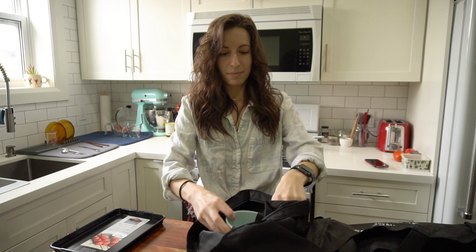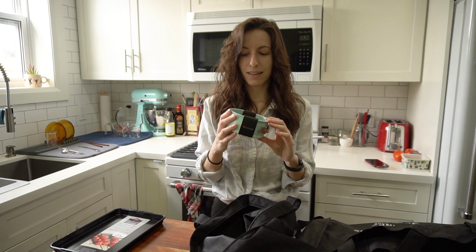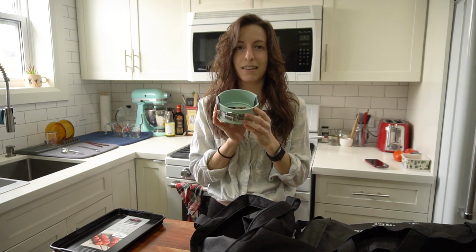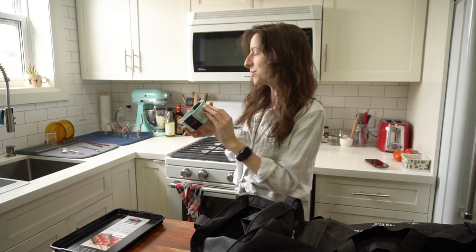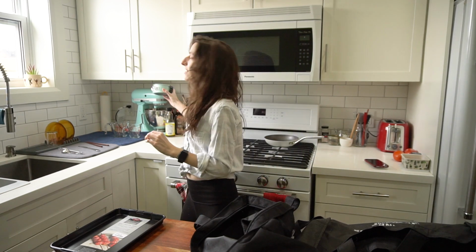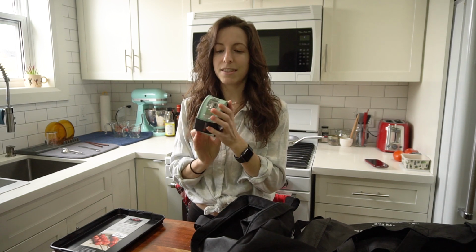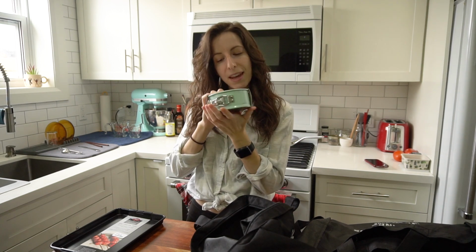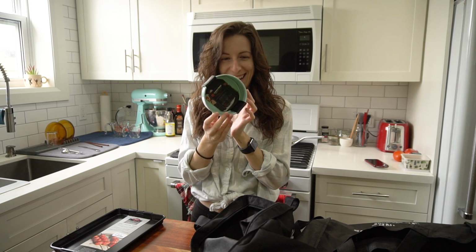Now in that same theme, this one was really just because it was mini. I don't have it totally good, and it almost matches. It's a little bit duller than my mixer, but it's still that kind of seafoam. Would this be seafoam? I don't know, but it's a mini springform cake pan,